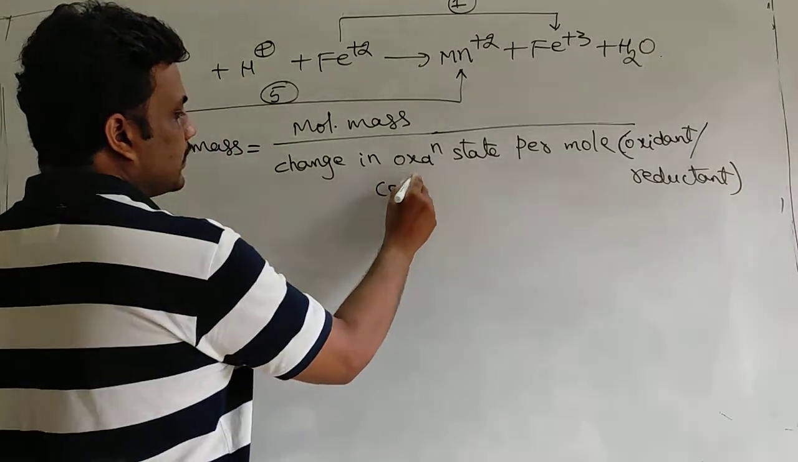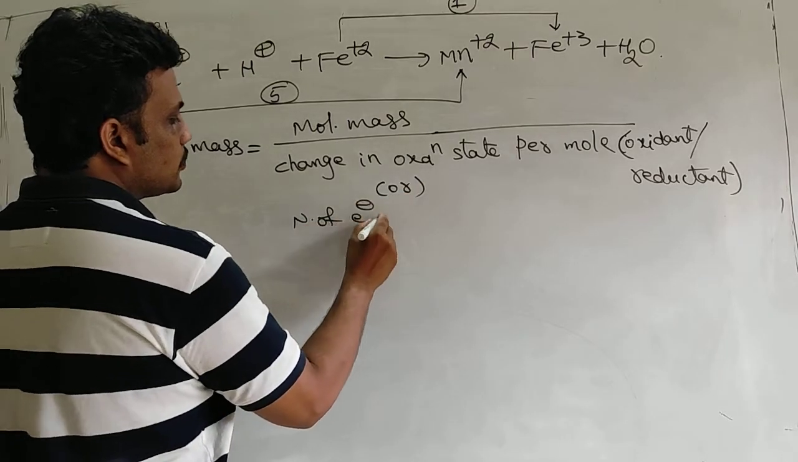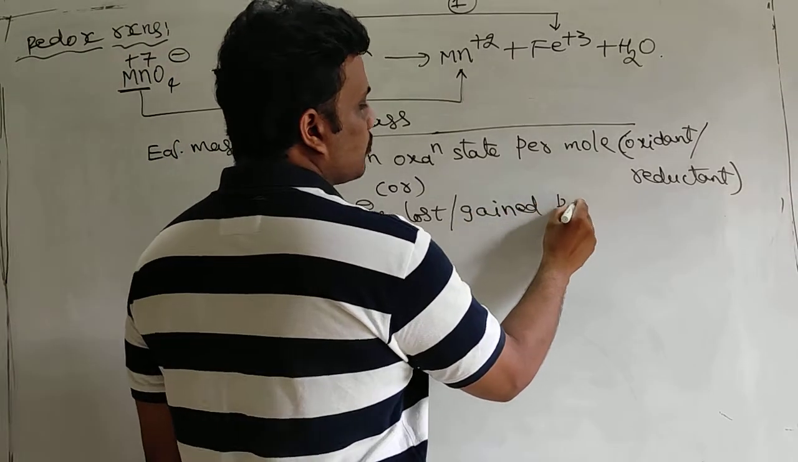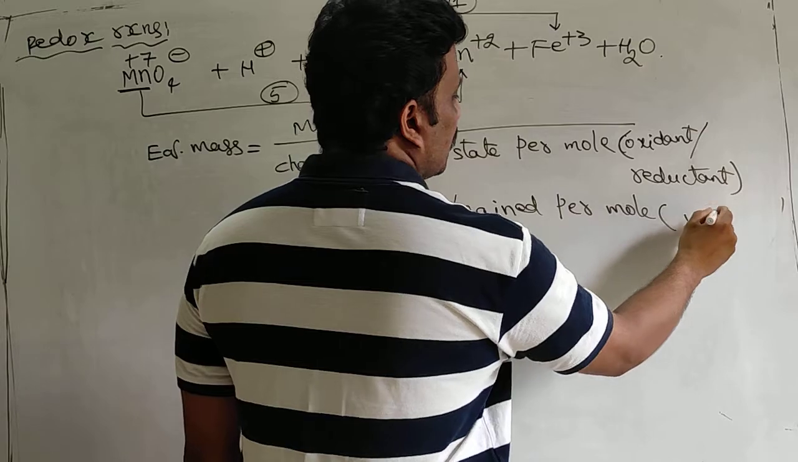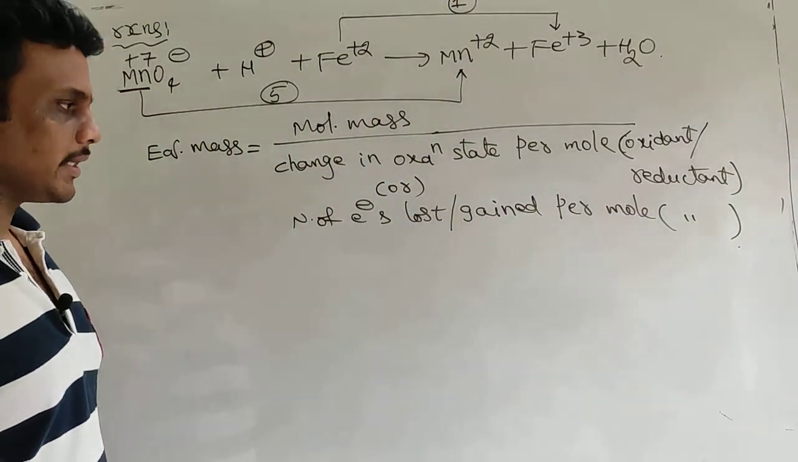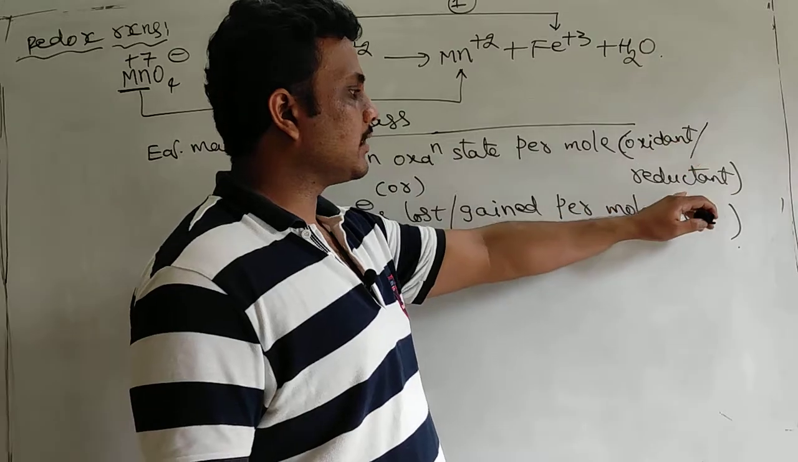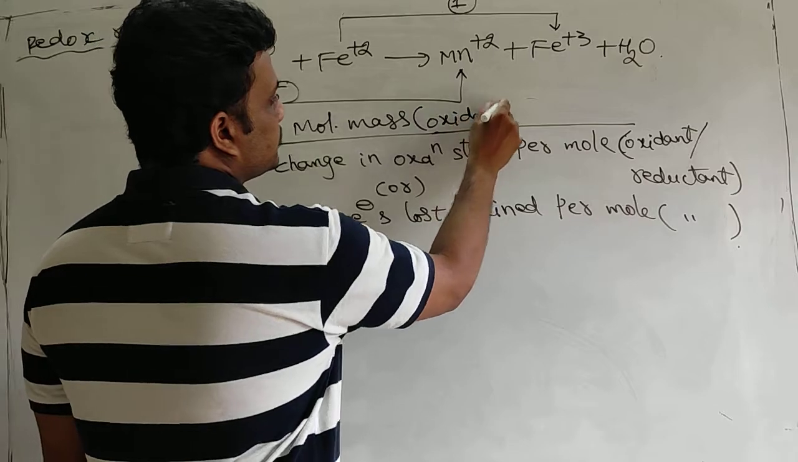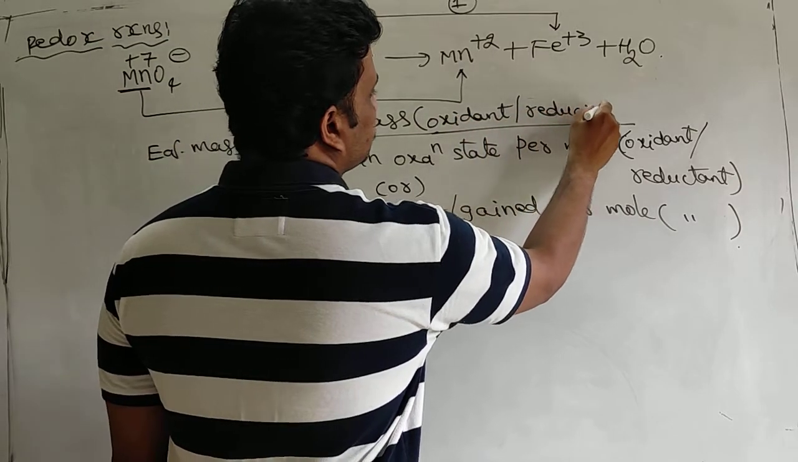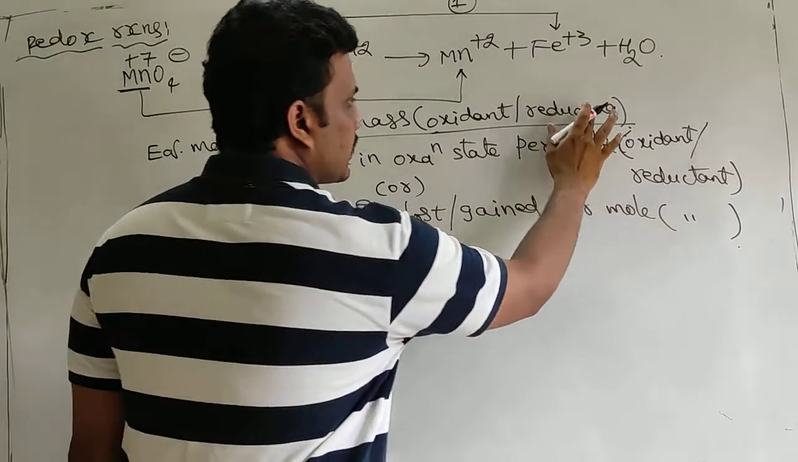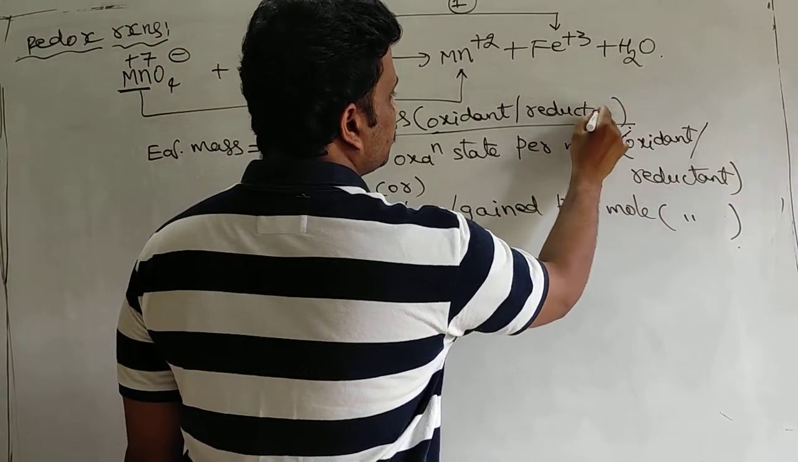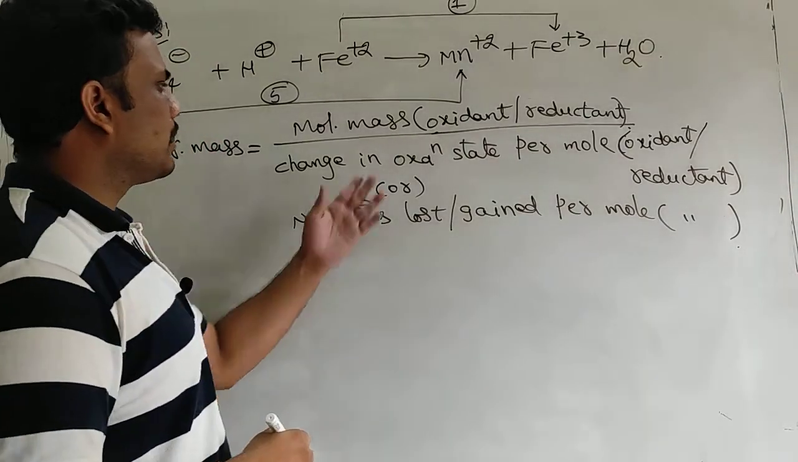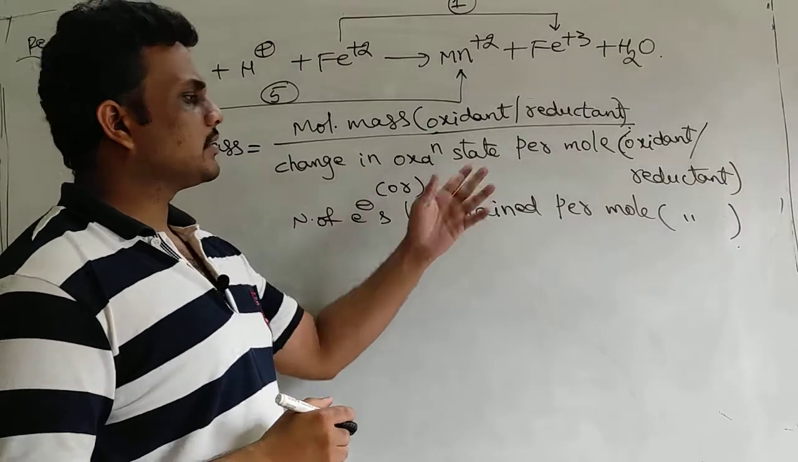Okay, and in some books it is given as number of electrons lost or gained per mole of oxidizing agent or reducing agent. Oxidant means oxidizing agent, this is reducing agent. So this is molecular mass of oxidizing agent or reducing agent. Reductant is also called reducing agent. So this is the formula. This is very simple. You know how to calculate molecular mass, and